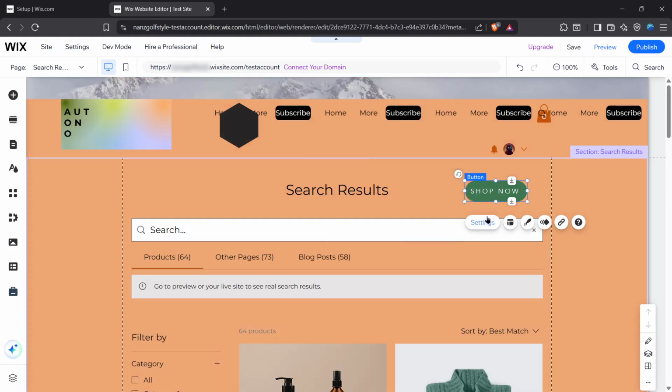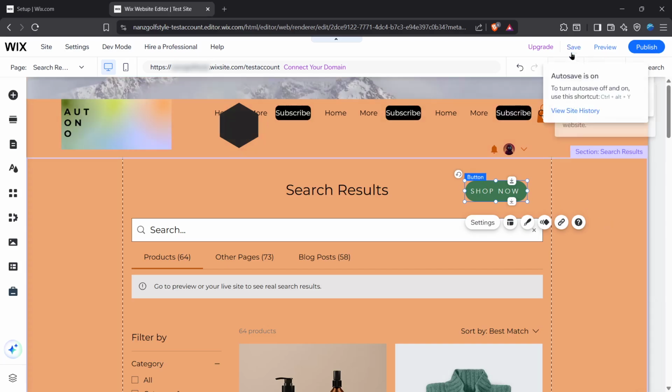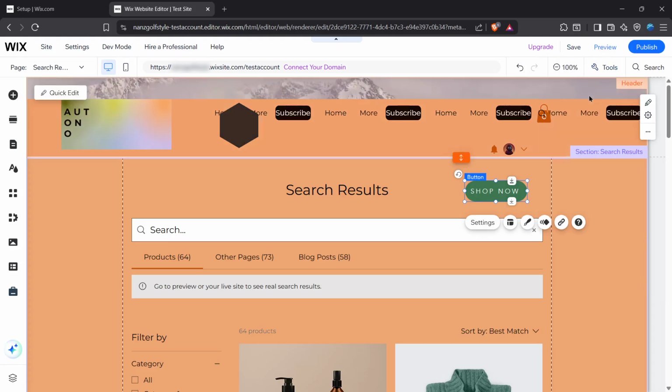The design panel opens with preset designs and a customized design option where you can adjust colors, borders, corners, shadows, and text formatting. Test your button by clicking Preview in the top right of the editor to make sure the link works. You can reposition the button by dragging it, resize it using the corner handles, or duplicate it if